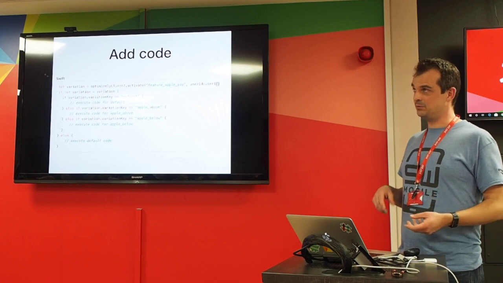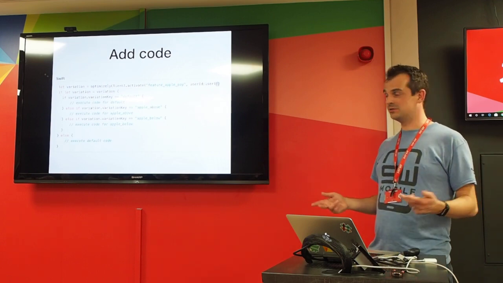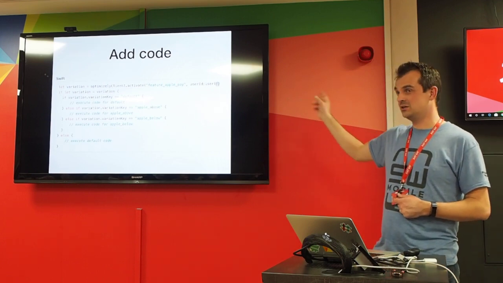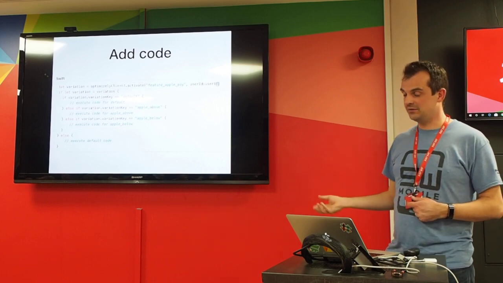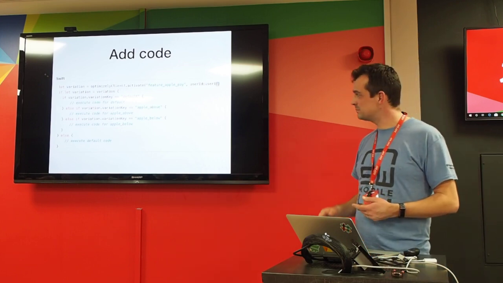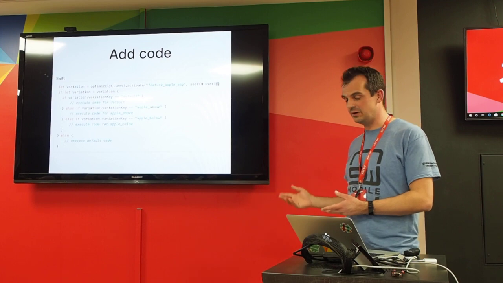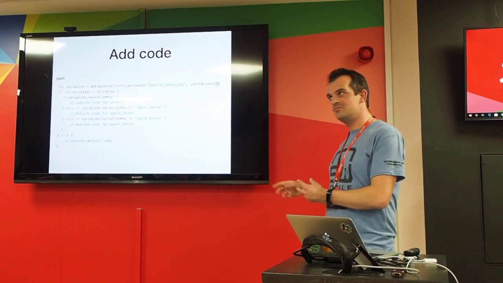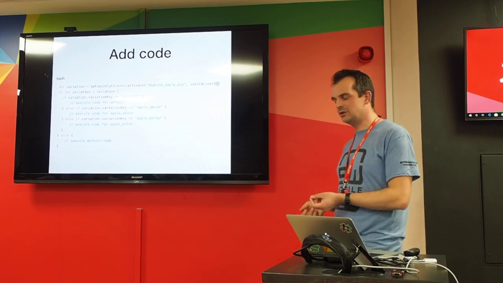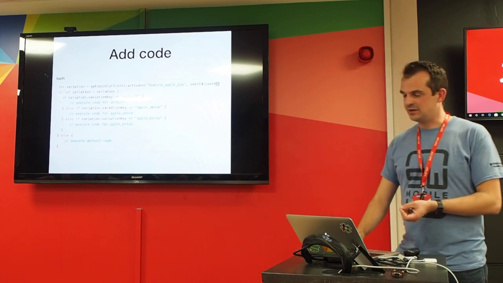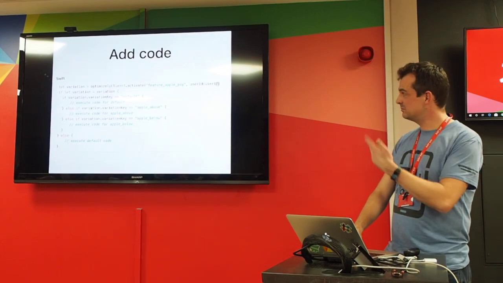Otherwise, you may end up with them being bucketed into different experiments, because it uses that user ID to determine which bucket you go into for any given experiment. And I think that's pretty much the same across any A/B testing framework. I think maybe Firebase does it randomly for you, so you don't have control over that. But Optimizely certainly does require you to do that.